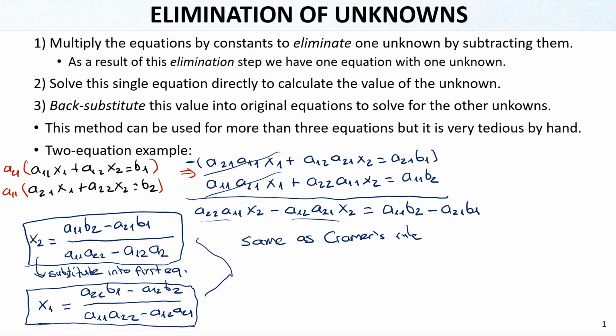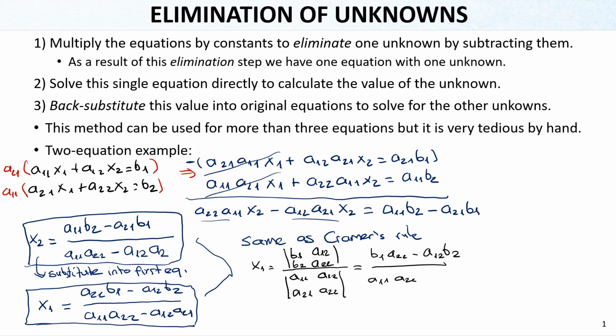In Cramer's rule, we actually calculated x1 as the determinant b1 a12, b2 a22 divided by determinant a11 a12 a21 a22. So this gives us the same result of x1, b1 a22 minus a12 b2